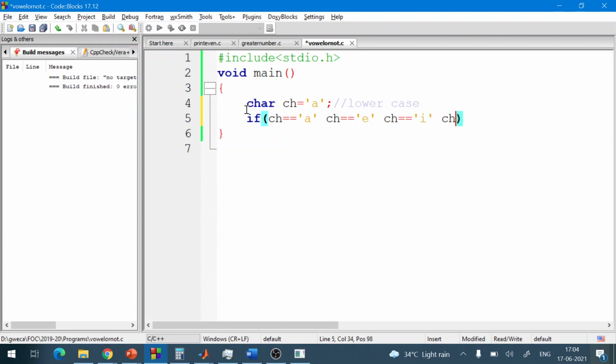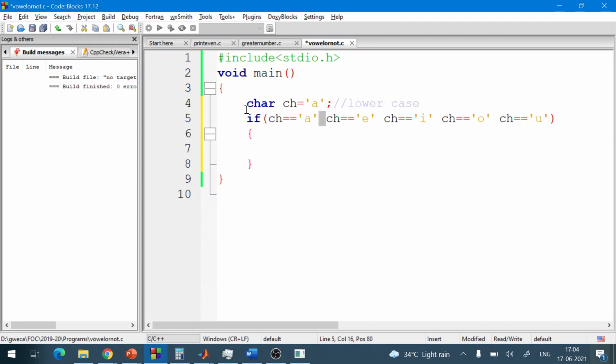Okay, ch is equal to o, and ch is equal to u. So there will be these 5 vowels. If ch is equal to any one of them, so